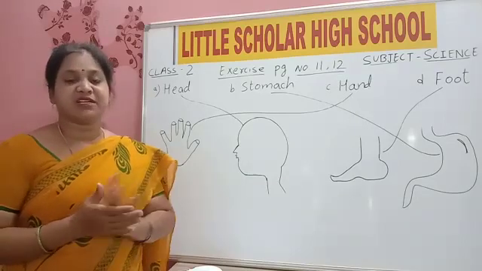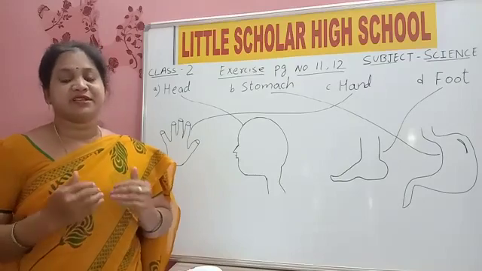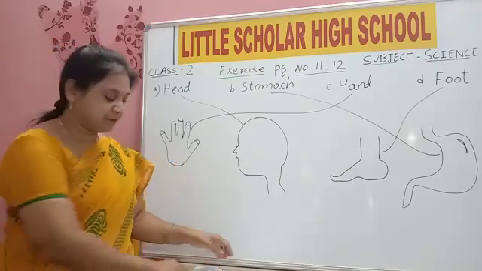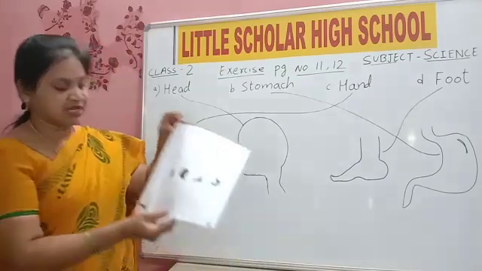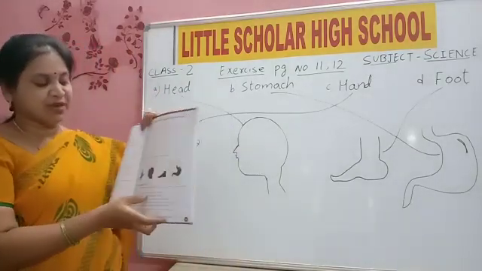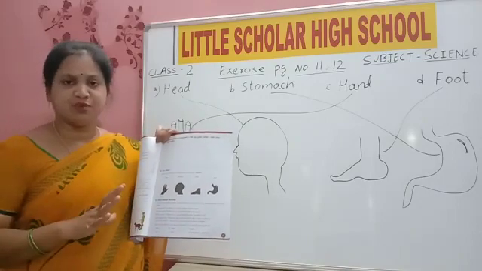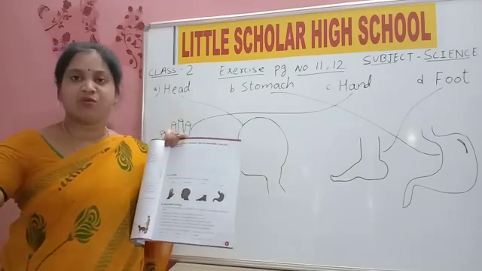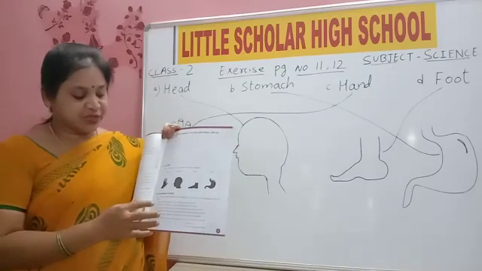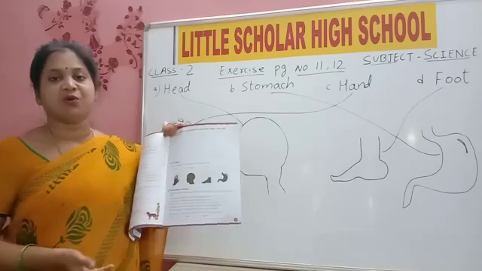So here they are fighting that I am great, I am great. Is it correct? No, all five sense organs are very important, children. See here, read. What are the eyes saying? Without me you cannot see the world. I am very important. Without me what is there around you? You can't see. Now ears are saying, without me you cannot hear any sound.